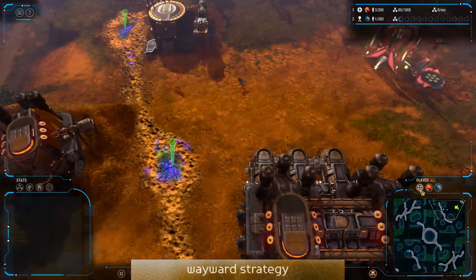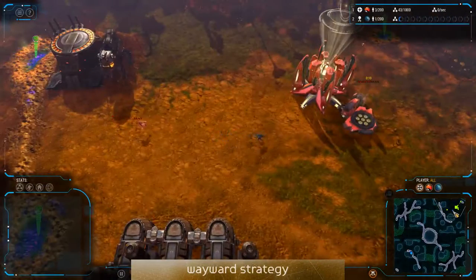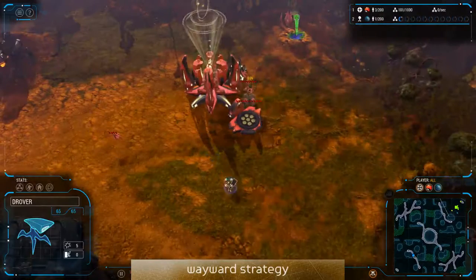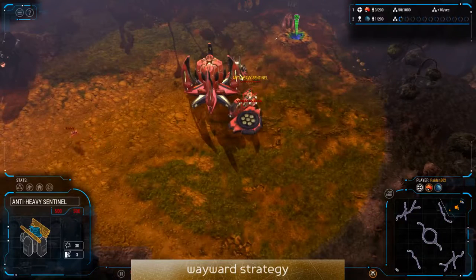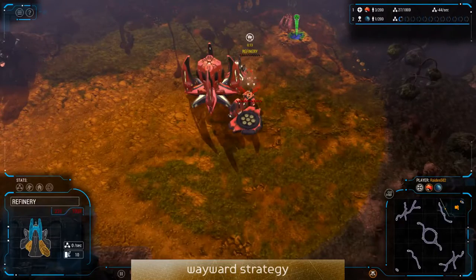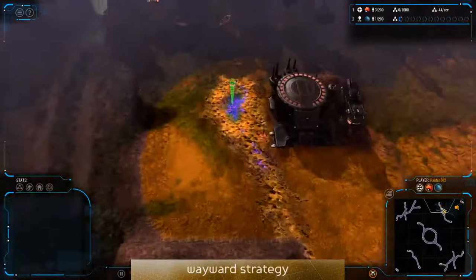Okay, so we have a little engagement there. Raiden seems to have missed that reaction a little bit, and is not going to chase off that drover before it scouts everything that's going on, including Raiden's initial anti-heavy sentinel, which I see human players go a lot when they're being defensive. Now we've got our second refinery, and it looks like Raiden is going to put it in the top left